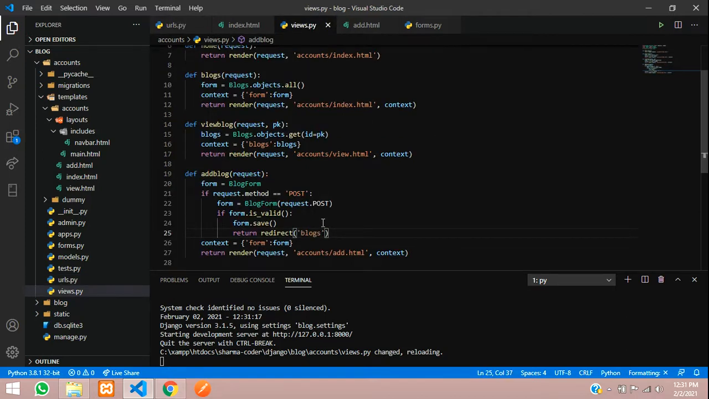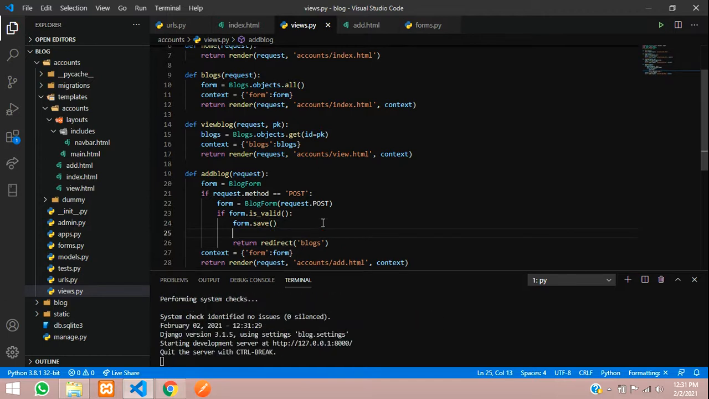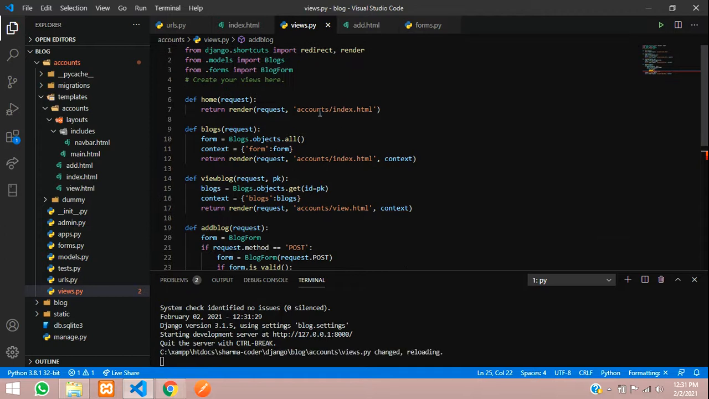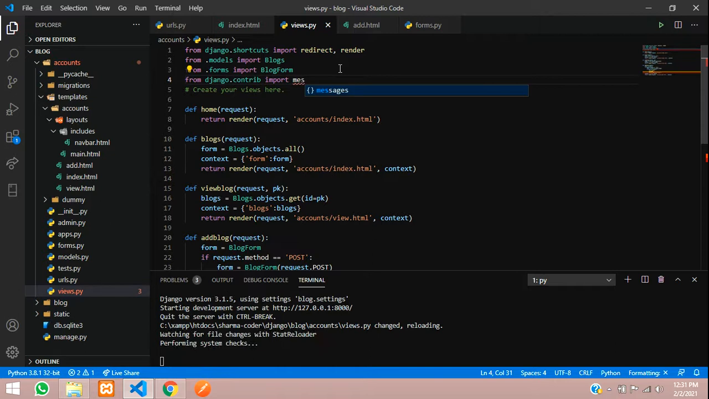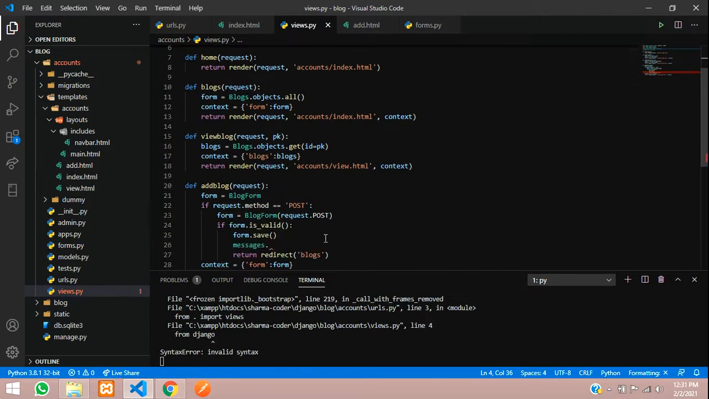So before this I want to send a message also over there, so let us give messages dot. Okay, so it's not imported, so let us import it first. So I'll give from django.contrib import messages. Okay, so in this the flash message, or session message, whichever we want to show there,